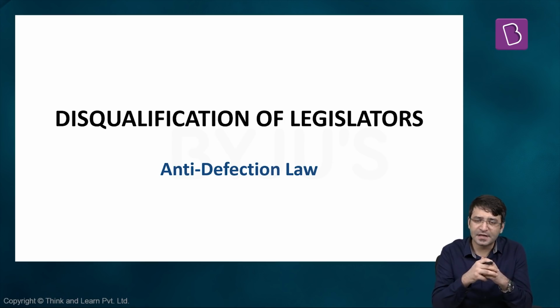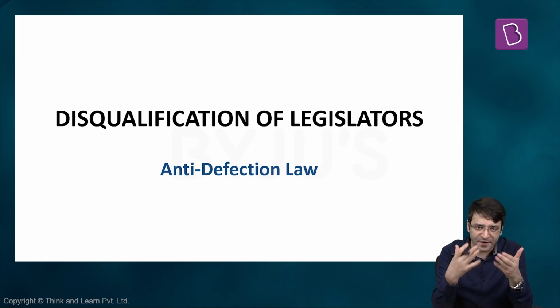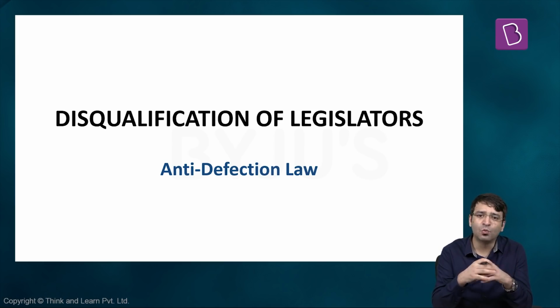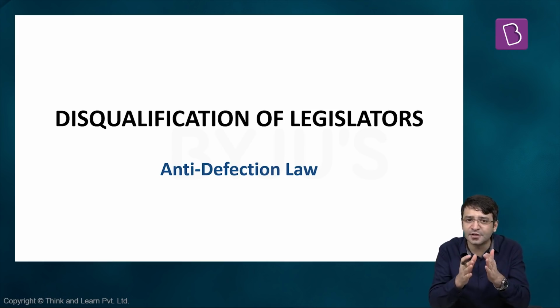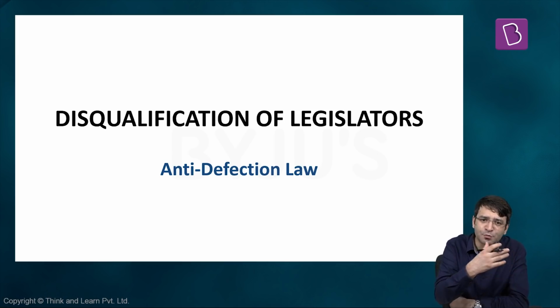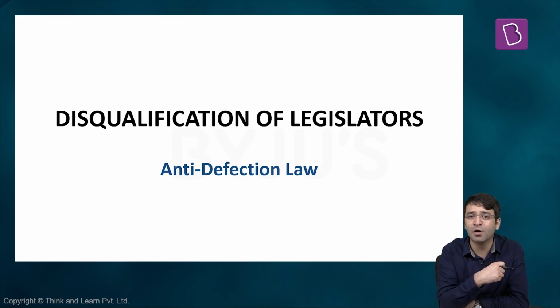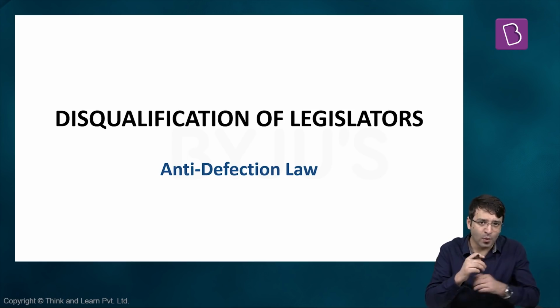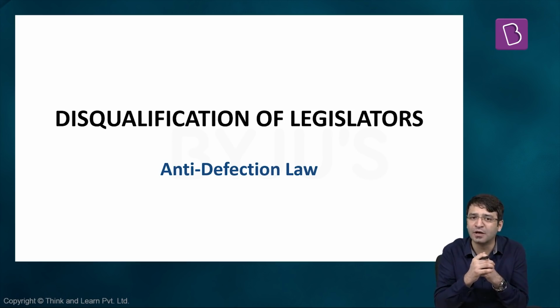But how? First, we will understand the term defection. Then we will look at what was the need to bring in anti-defection law. What are the various provisions of anti-defection law? What are various exceptions to this law? Who gets to decide whether a legislator should be disqualified on the grounds of defection? We will look at various Supreme Court rulings on this matter. And then, what are these various loopholes in this law? And at the end, we will suggest a way forward, a few solutions.